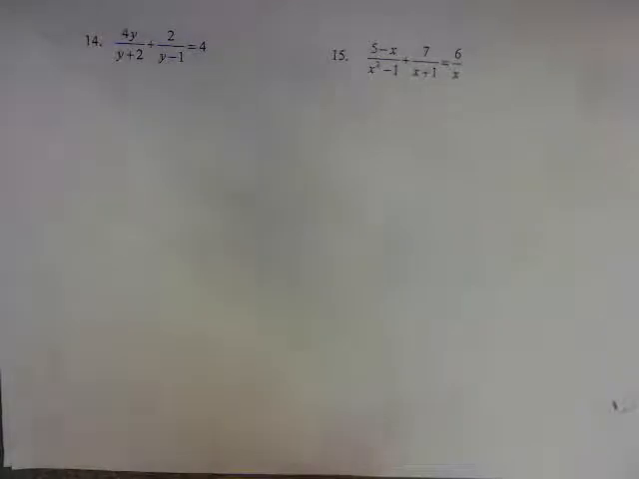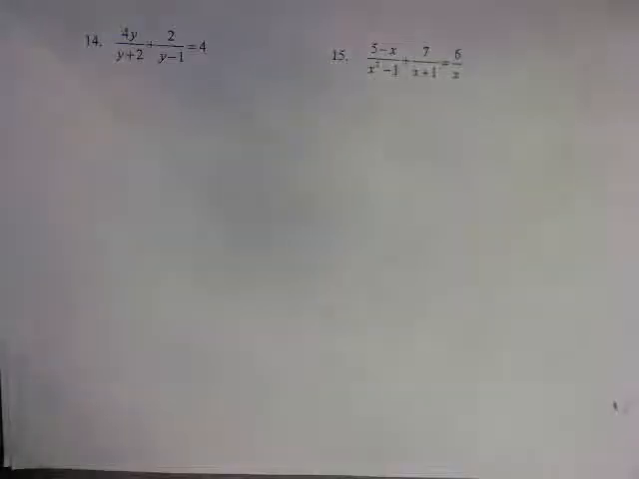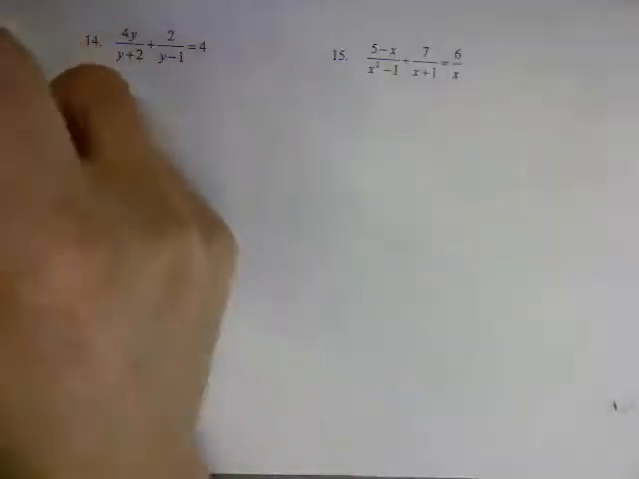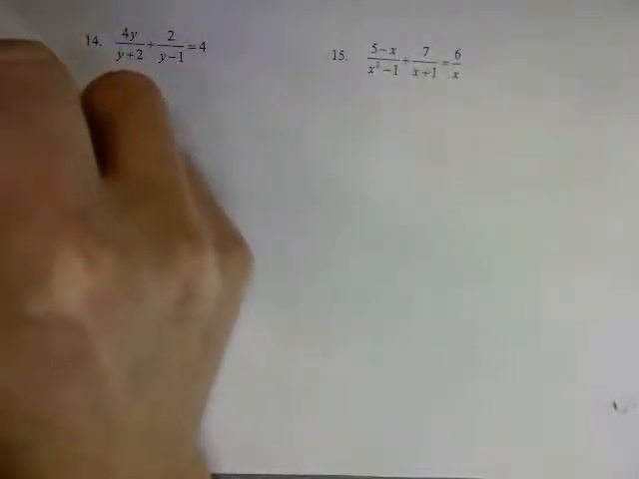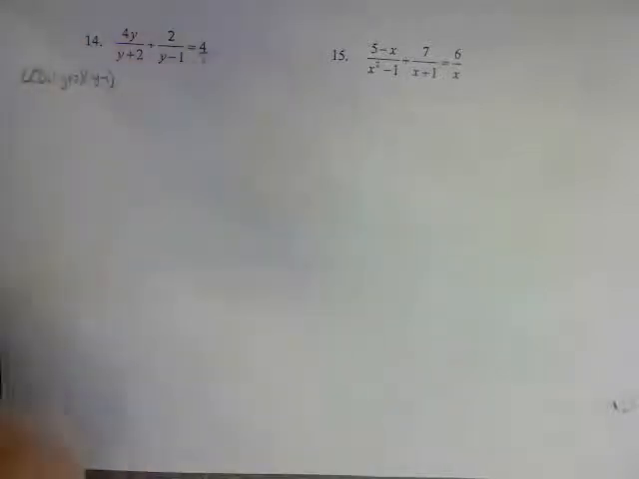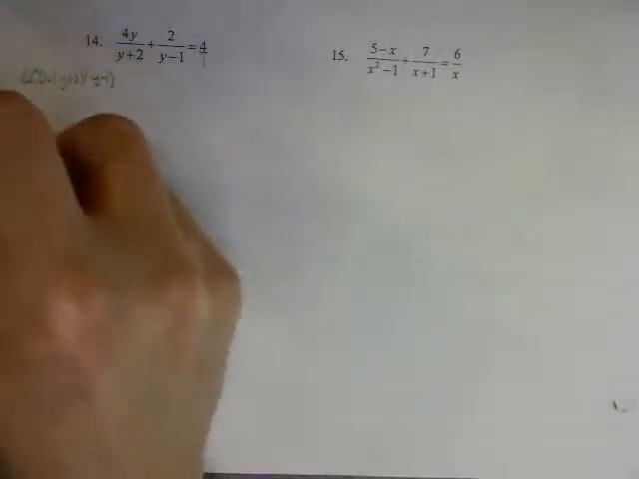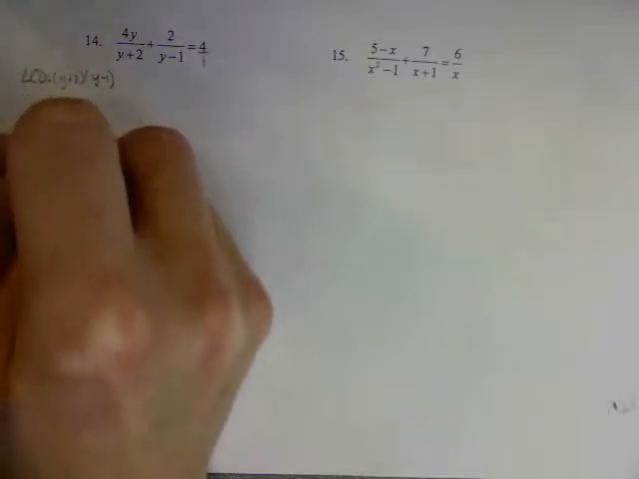In number 14, we need to find the least common multiple or least common denominator here that we can multiply through by. So this is going to be y plus 2 times y minus 1. Since the denominator of 4 is just 1, these are your two factors that we can multiply through by. So if you want to see it all written out, it's just going to be y plus 2 times y minus